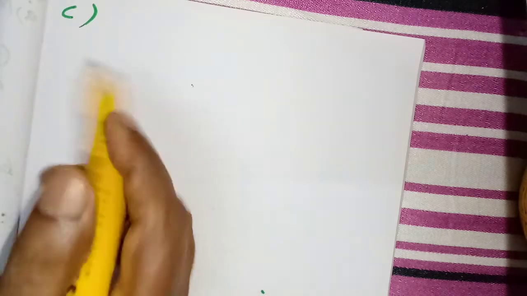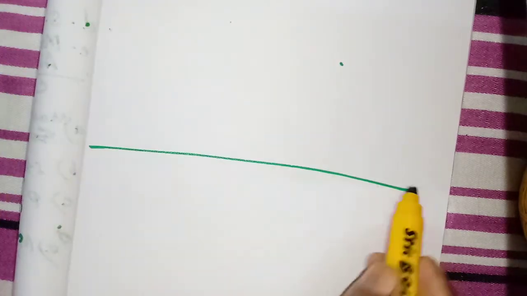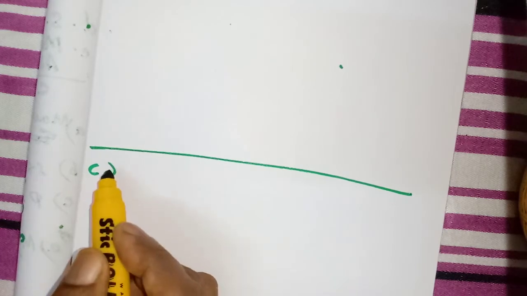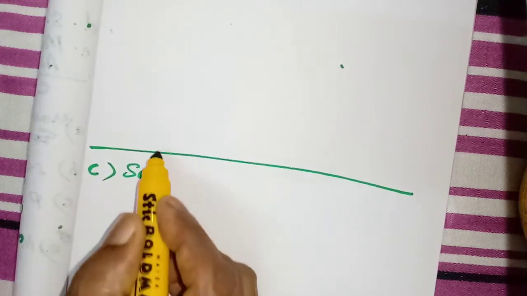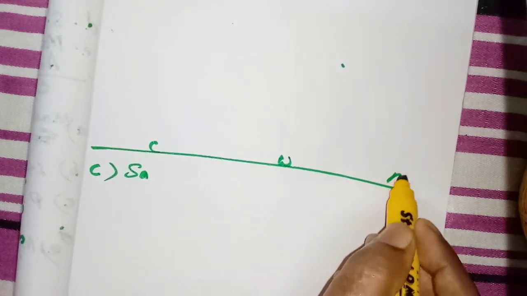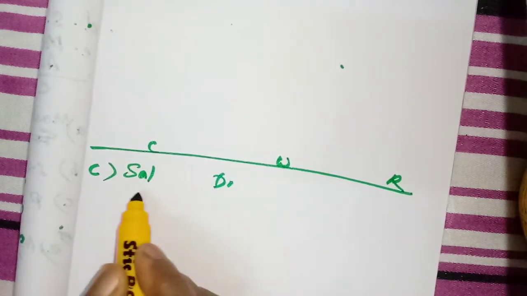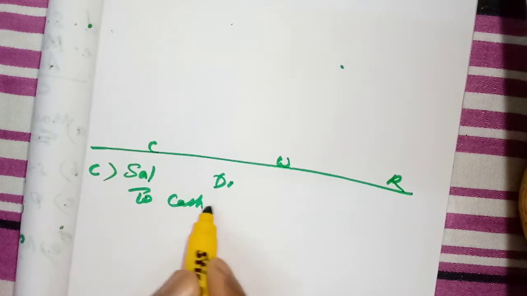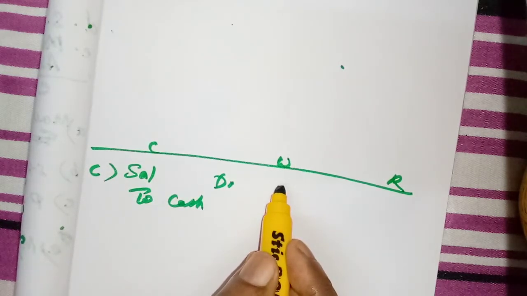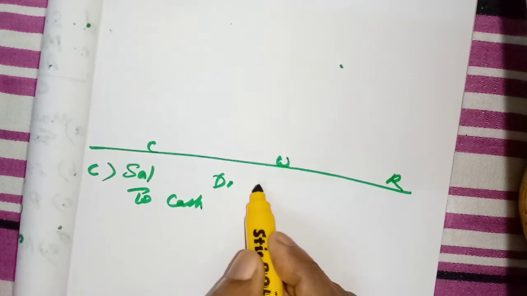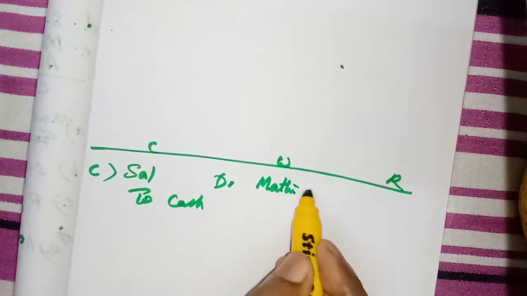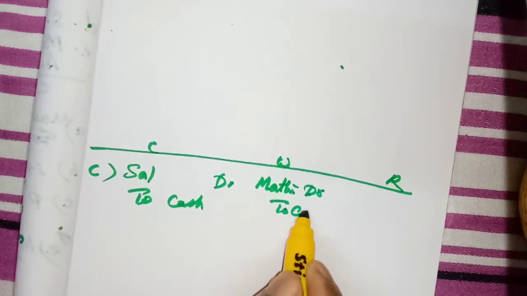An amount of 500 paid as salaries to Madhi was debited to his personal account. Here also it affects two accounts, isn't it? So we will do the calculation. If we pay salaries, what is the correct entry? Correct entry, wrong entry, rectifying entry. Salary debtor to cash. But what is wrong? Was debited to his personal account. Personal account is Madhi. So Madhi account debtor to cash.